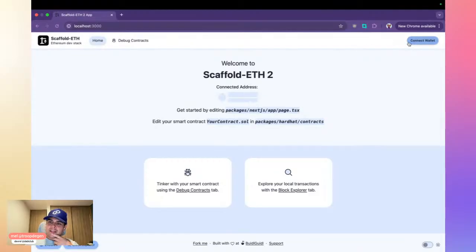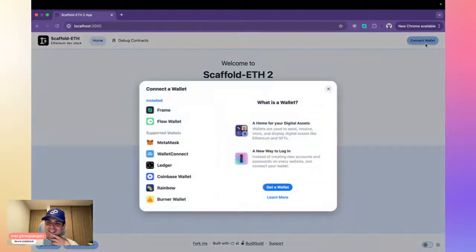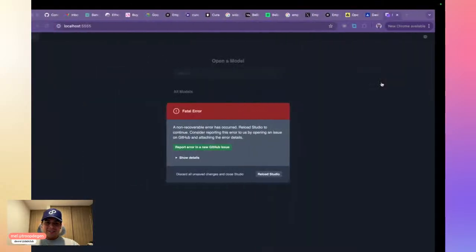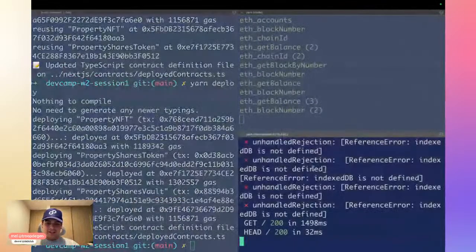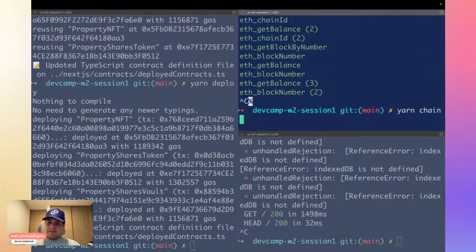Because I don't remember my password. I haven't switched it. Sorry about that, guys. Just gonna use this, just because the burner wallet refreshes every time, so yeah, not ideal.